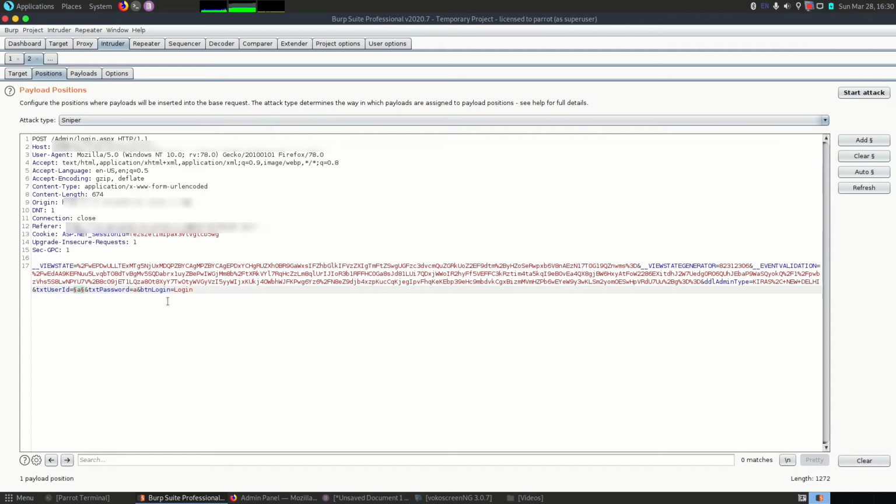Now what I have to do is use a special word list, which is SecLists. You can clone it from the GitHub repository. It is made by Daniel, and the link will be in the description, so don't worry if you are not finding it. I am using SecLists here because it is a wide variety of word lists.